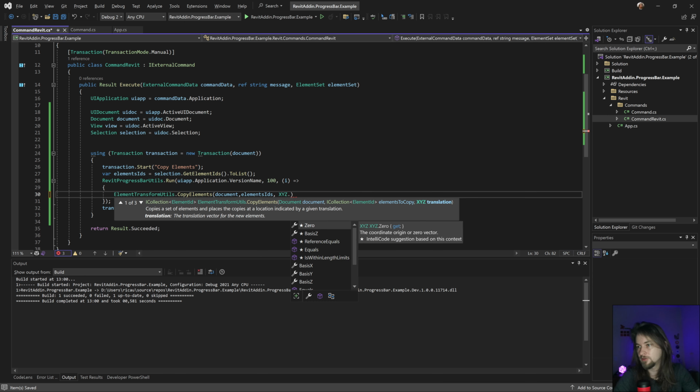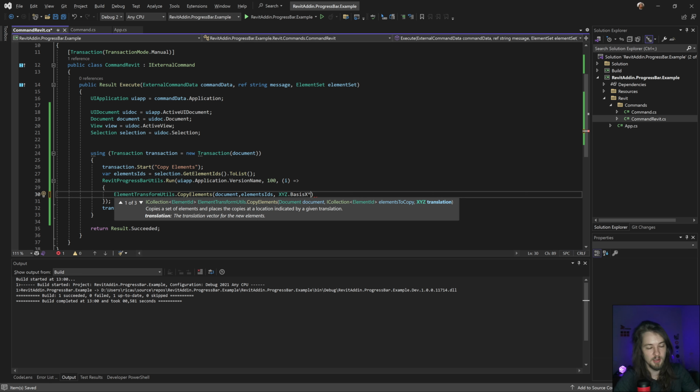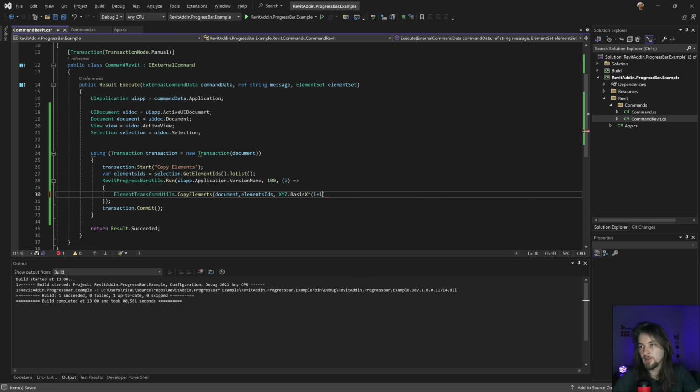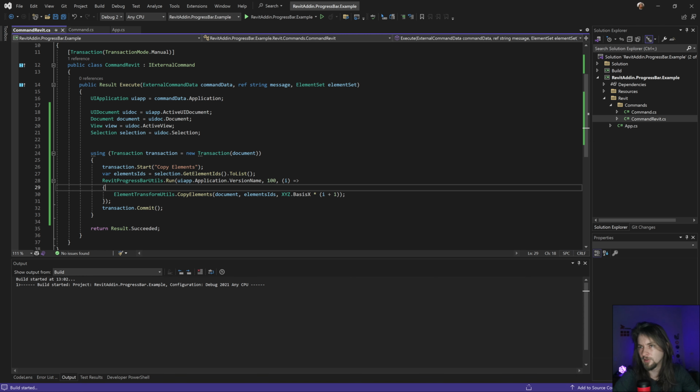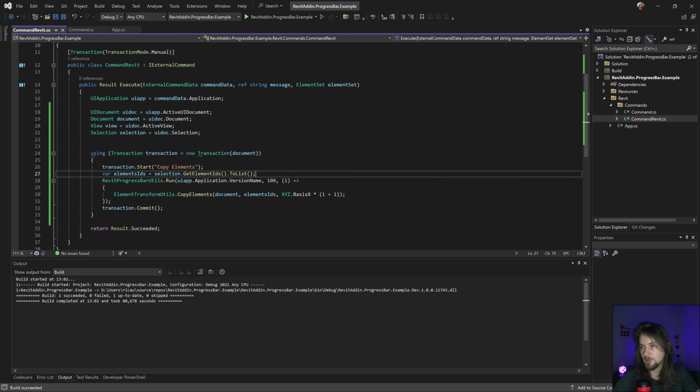XYZ dot, let's create with some X multiplied by the number I. I'm gonna add the +1 here, just to not create in the same place, because it starts with 0. I guess that's good enough. Yeah, that's it. I need to do some check.